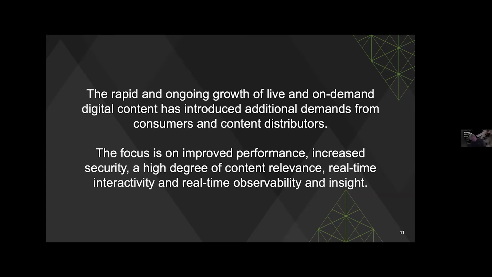And from the content distributor perspective, observability of the workload and the workflow in particular, end-to-end, is really important. And then insight into the analytics of what's happening. There were some questions earlier in the QoE session about what can we see and how much can we see. And being able to understand what's happening in the player is one thing, but do you understand what's happening in the application environment as much as in the decisions being made by the player to choose which bitrate from the bitrate ladder? Those kinds of observability and insight on a per session basis are becoming more and more important.